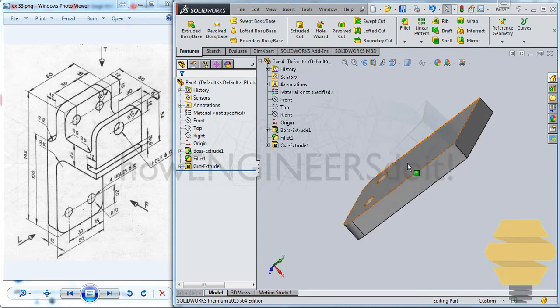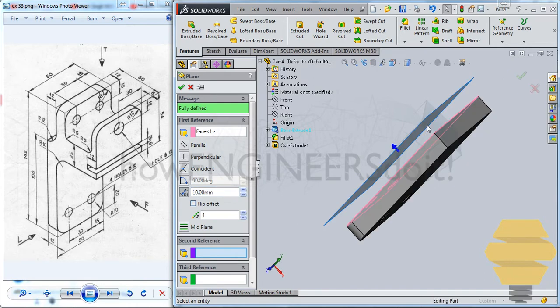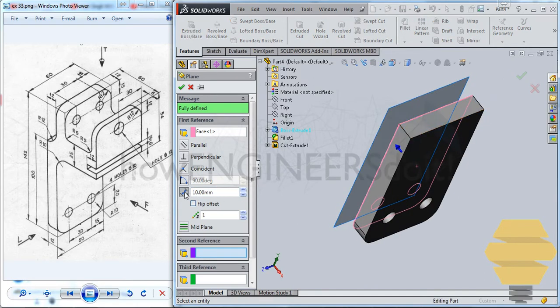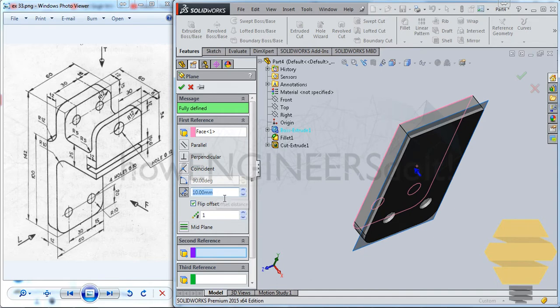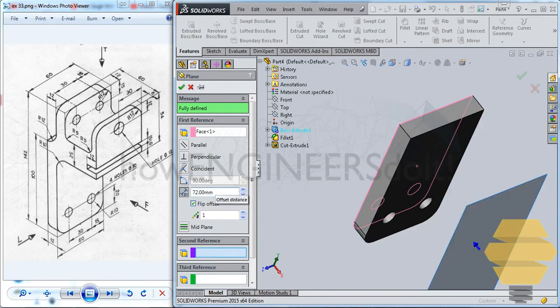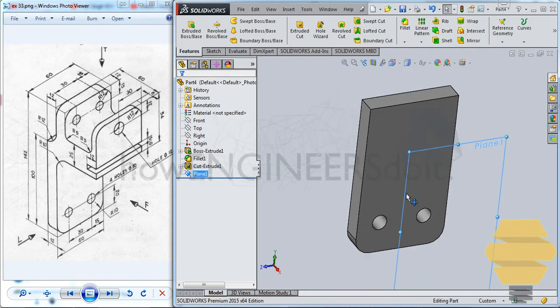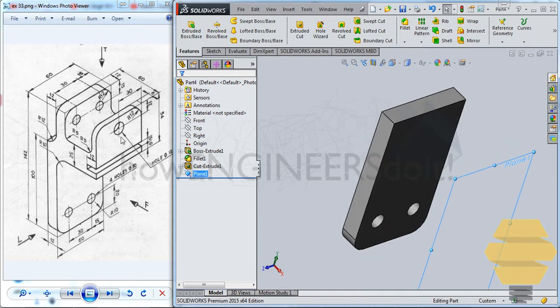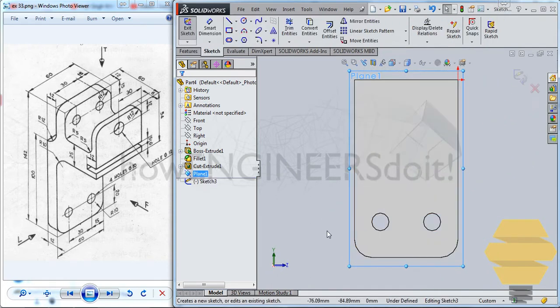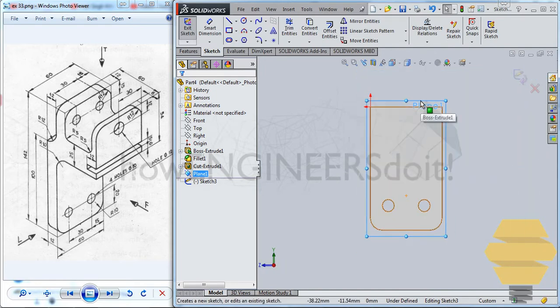So what I would do is I'll select this face here and go for reference and go for the plane. Go for creating a plane, and now go for flip offset and give 60 plus 12, 72, and click on the tick mark. So you have a plane over there. So what I'm basically going to do is create this face and extend that. So I'll just select this plane here and go for the sketch. Control 8 will reverse,